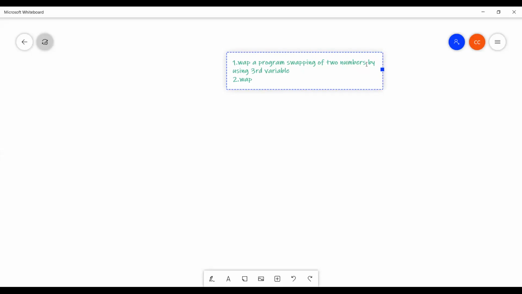Next one: write a C program to perform swapping of two numbers, the same program, without using a third variable. And for the third one, write a program to perform all arithmetic operations.